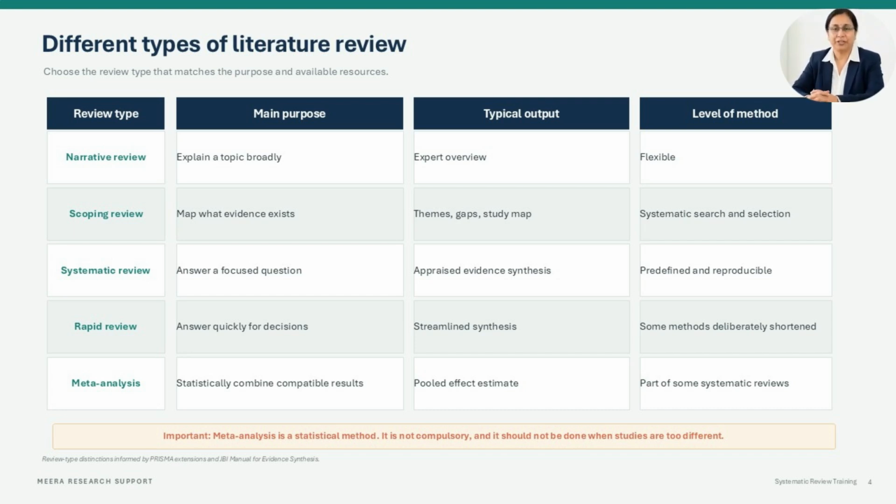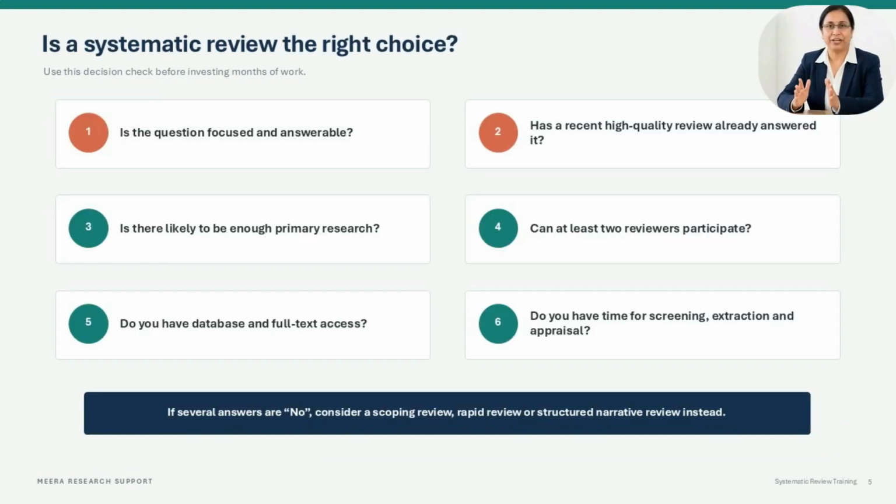A rapid review deliberately shortens selected methods because a decision is needed quickly. Meta-analysis is only the statistical pooling step. A systematic review may have no meta-analysis if the included studies are not sufficiently comparable. Before starting, students should complete a feasibility check. The question must be focused enough to search and answer. A recent high-quality review may already exist, so the new work must justify an update in population, intervention, outcome, setting,